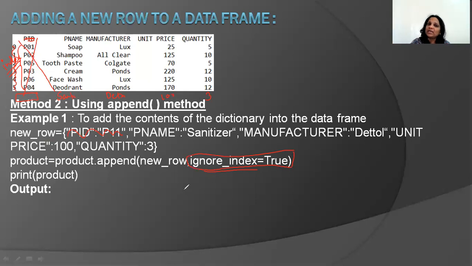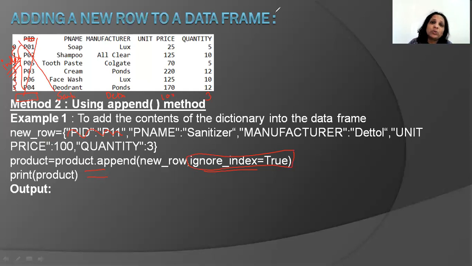Another important thing, like the assign function, the append function does not affect the data frame directly. It creates a new data frame. If you want it to affect the original data frame, we write product = product.append. So what happens in this scenario is that the new data frame is created and it's stored back into the old one, updating the old one. Is that clear? Okay, so I hope you understood what ignore_index is. The data frame's indexing will be ignored completely, and it will only take automatically the positional indexing.